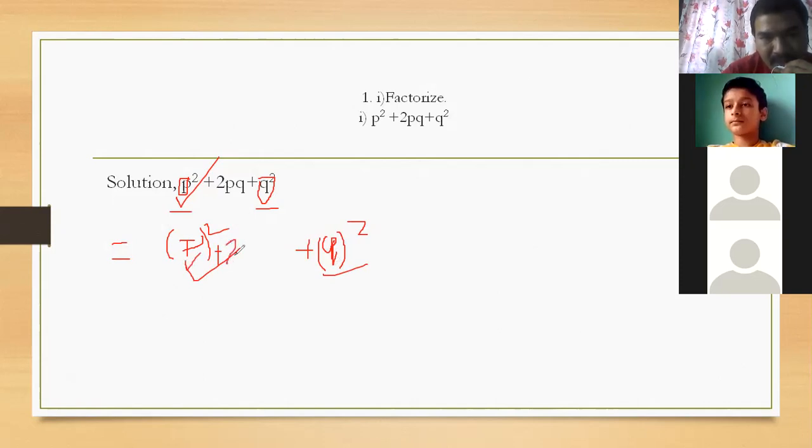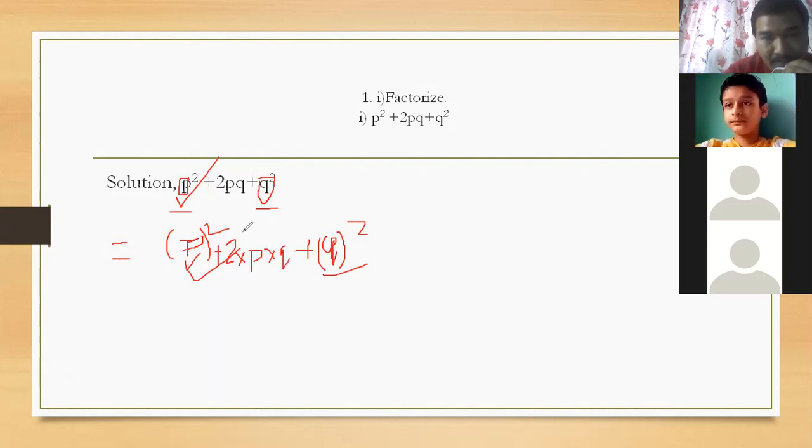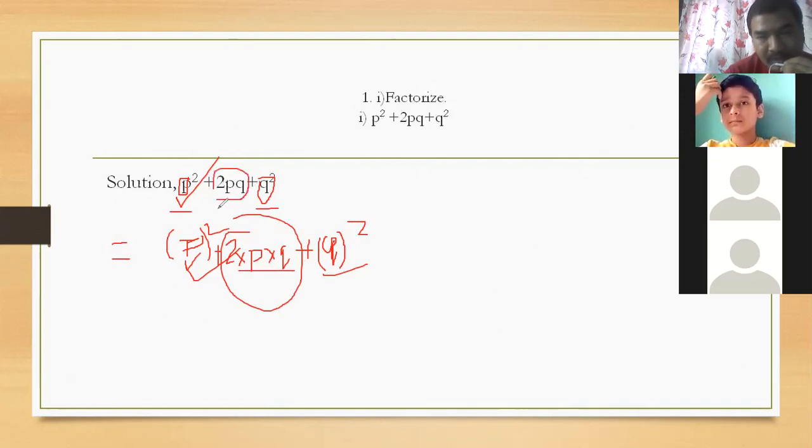We need the middle one to be 2ab, 2 into a. What is a here? The first bracket one is a. What is a there, Aditya? Sir, p. Good. In place of a there is p, into b. What is b in the last bracket? That is q. Yes. We have to check once, by multiplying this middle 2pq, whether this product gives the upper result or not. Does it give?